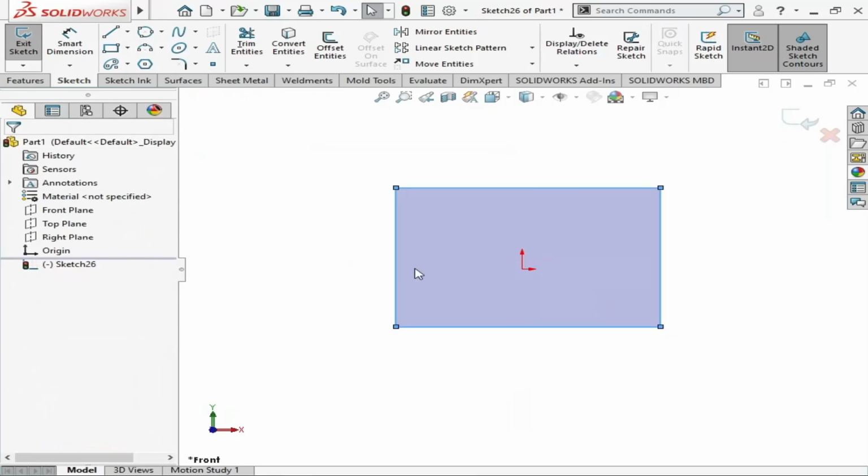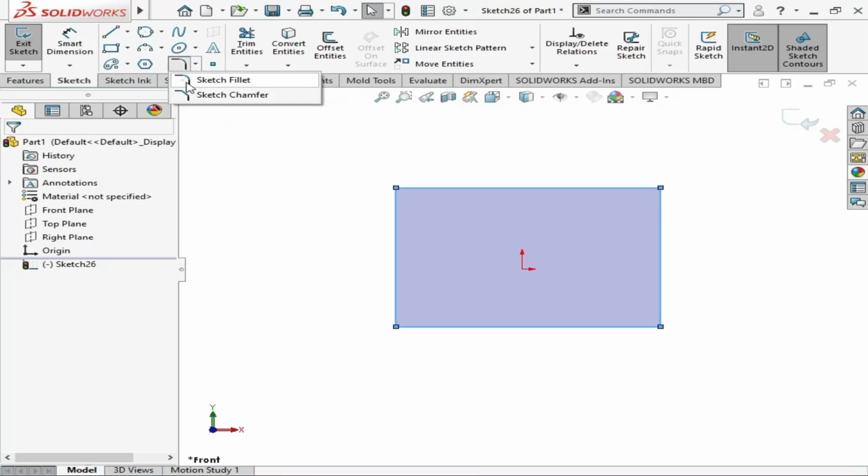Now we want to apply the fillet tool on this rectangle. As you can see, below the spline and at the right of the polygon is an angle. It is the fillet. When you click on the drop down, you will see one is the fillet and the second is the chamfer.